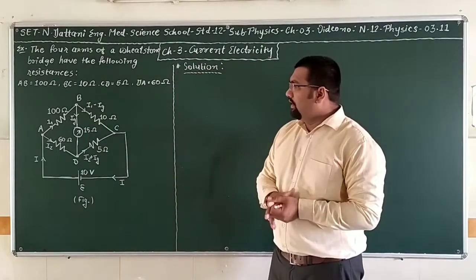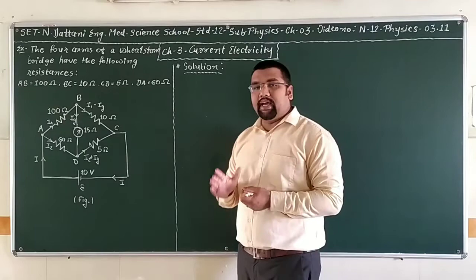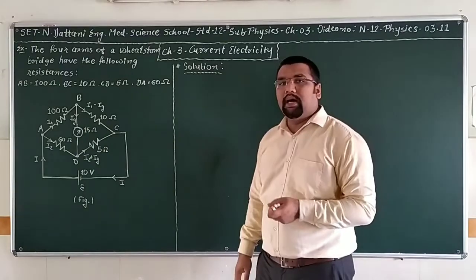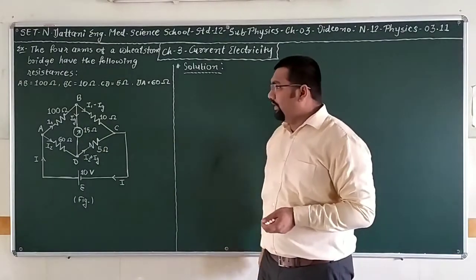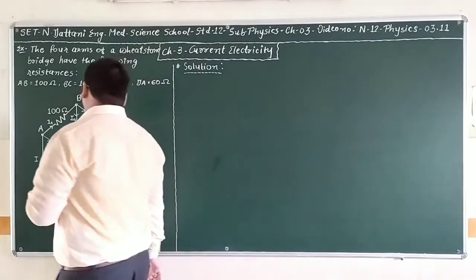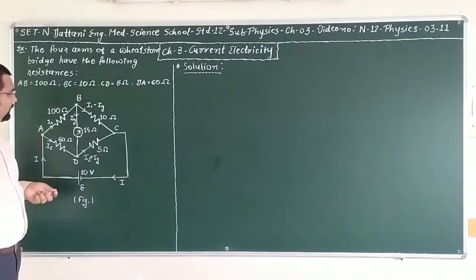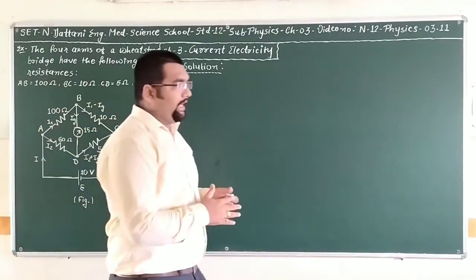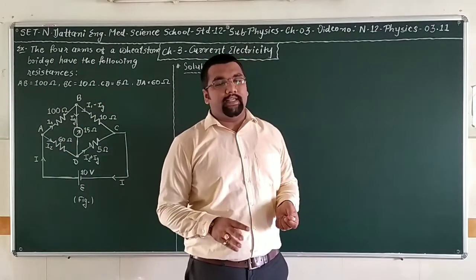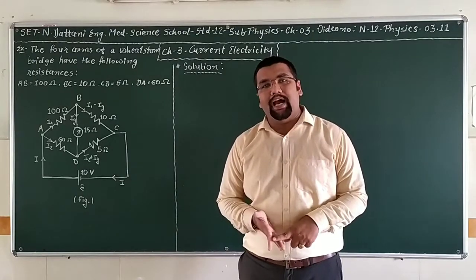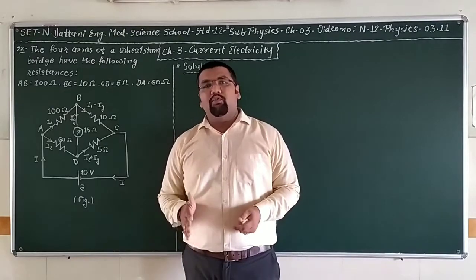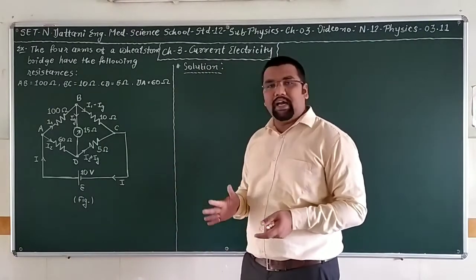So we have this circuit of the Wheatstone bridge and we are supposed to find the current through the galvanometer, Ig. So Ig is the value which we are going to find. Here three unknown quantities are there: I1, Ig and I2. We don't know the values of Ig, I1 and I2, so we have to find them.